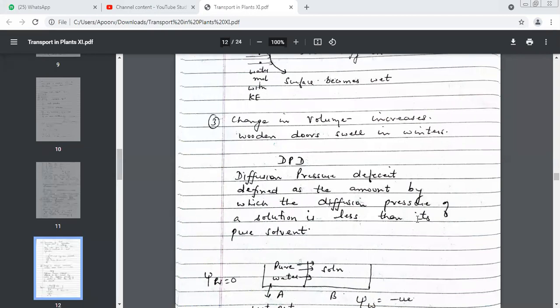Anadi, ask Ayushi. Most of them have disappeared. The very thought of asking questions, people leave the meeting. Anadi, ask Ayushi. What are the 3 effects of imbibition? Pressure, heat of hydration and change in volume.